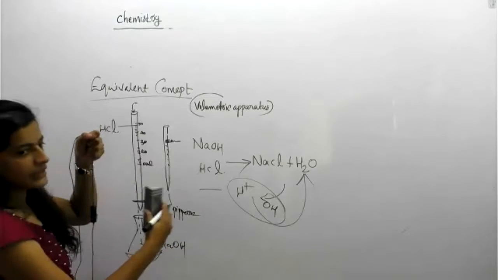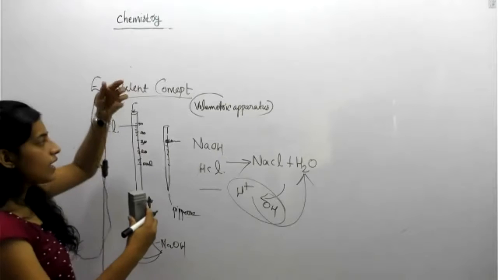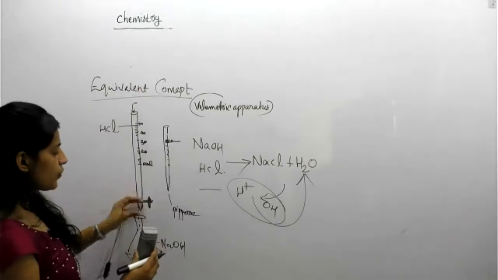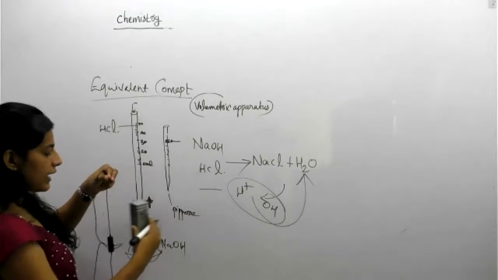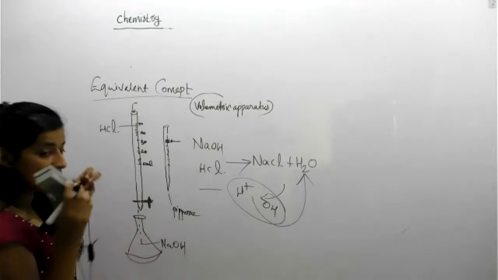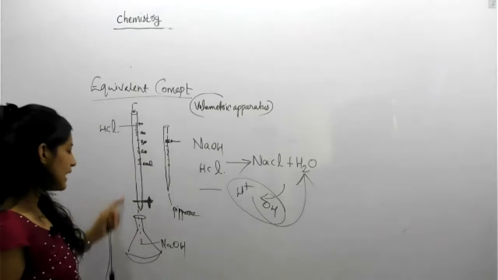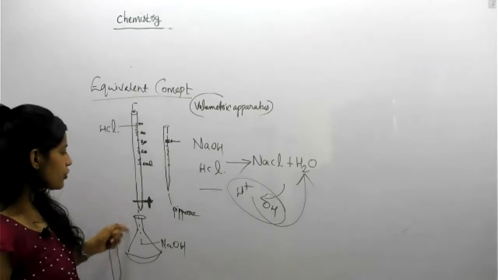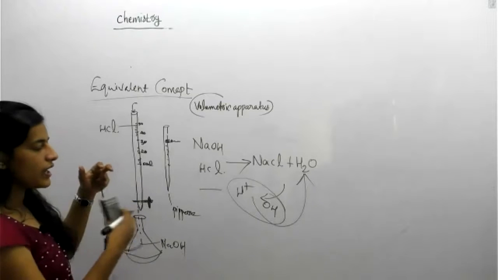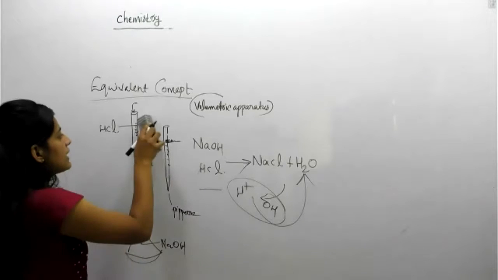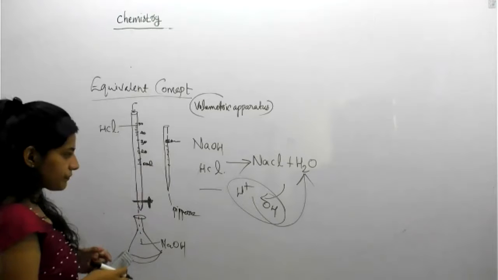Okay, so shake thoroughly during the shaking, and one hand should be on the nozzle here. So you can open it and thoroughly shake the NaOH at that time. This is called the titrant. In the titration, HCl is the titrant, added to NaOH. So shake completely. After a moment, the reading comes to around